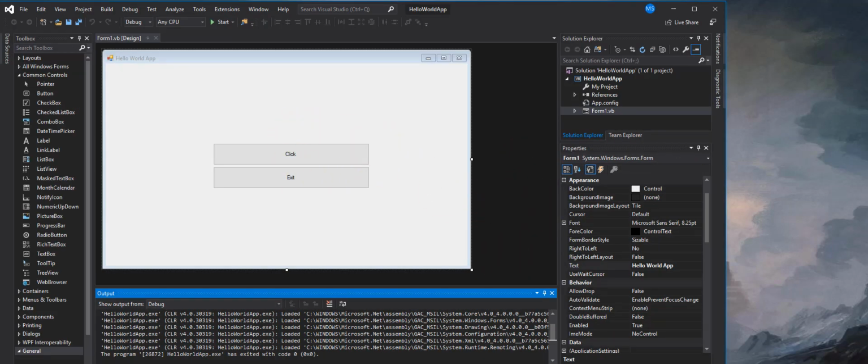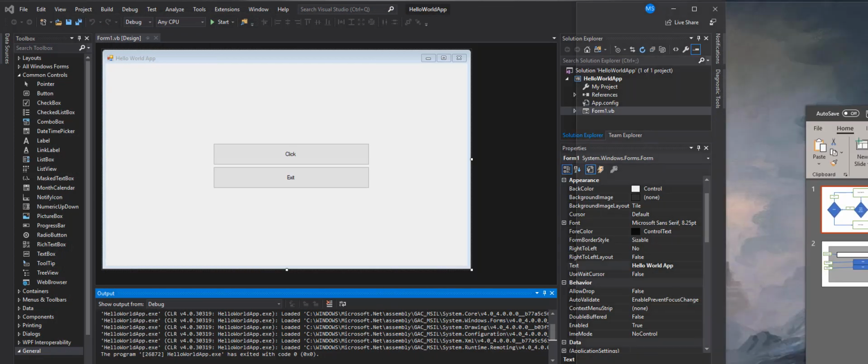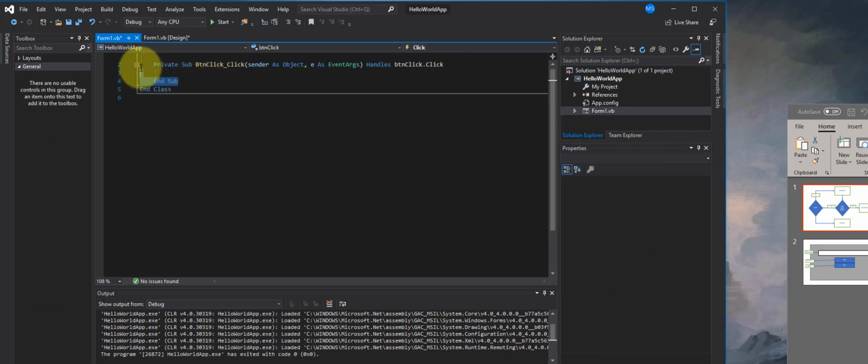Now I want to start coding, and I'm going to go by now the logic. So start, and it checks to see hello world. If someone presses hello world by pressing the button, we decided to use a button here. So in essence, they press the button, it says hello world. Okay. So in order to start coding here, I'm just going to double click on this button. And it's going to write this